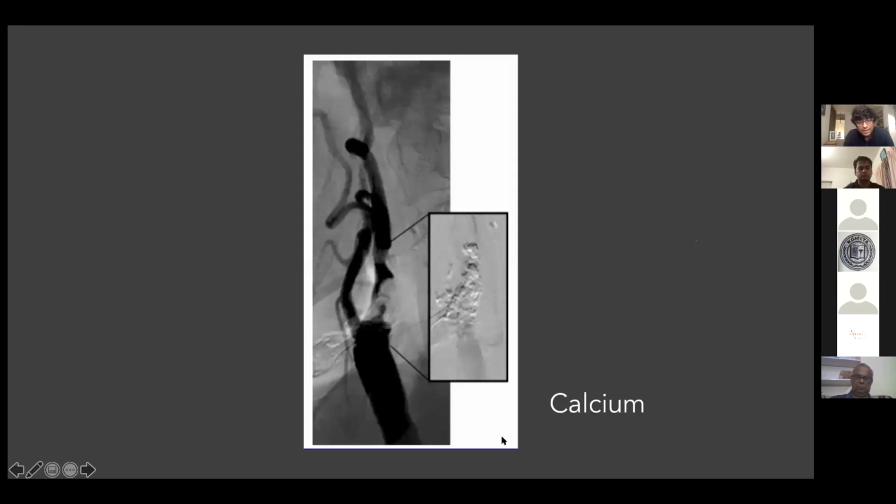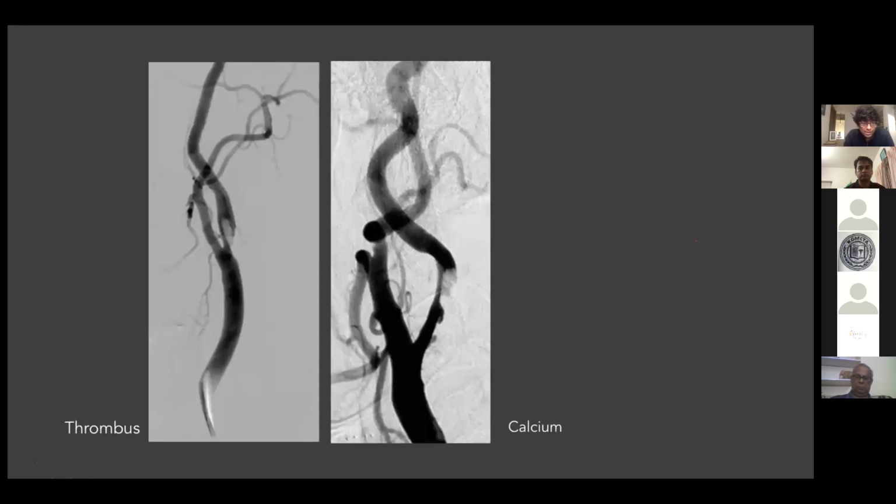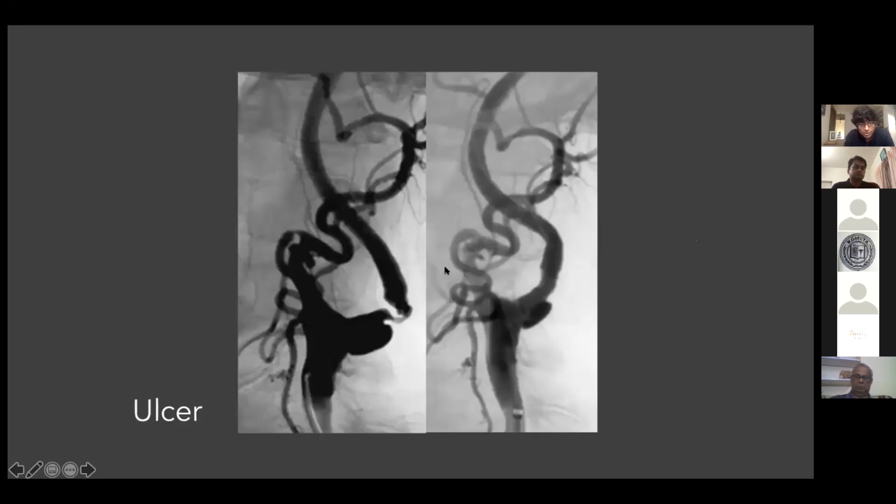And extensive calcium, because you might not be able to sufficiently dilate this, and the stent might not have enough radial strength to actually give you a very good lumen even post angioplasty. All of this will be clear when you've done a CT angiography. You will know what you're dealing with. Obviously, thrombus that is partly attached is a bad candidate for carotid artery stenting, but you have to be sure that it is thrombus and not calcium, as you can see here, and this will again be clear on CT angio imaging prior to the procedure.